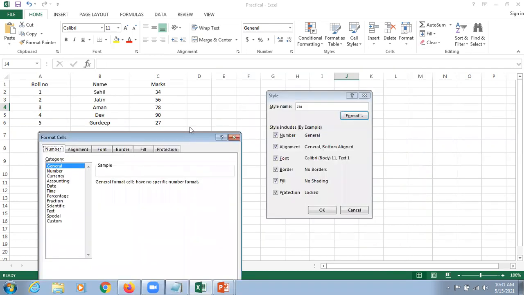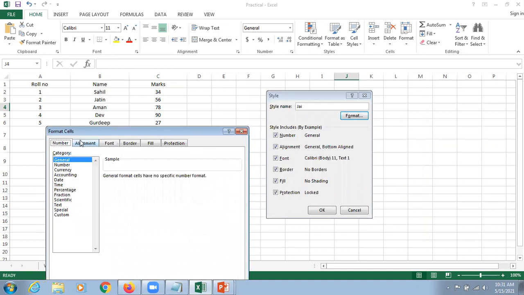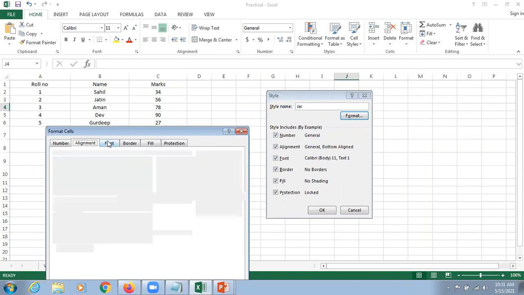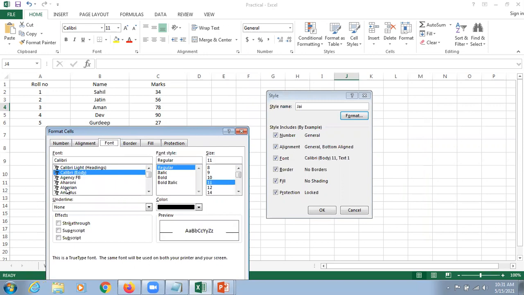So what we can do, we just click on the alignment here, first of all. And what we are going to do here, we are just going to select the alignment here. For example, I just select it like plus 13 degree because I just want to display, and later on I can change it, no problem with that. So next we click on a font here. For example, we just select Algerian and we click bold, we make the font size 16 here.